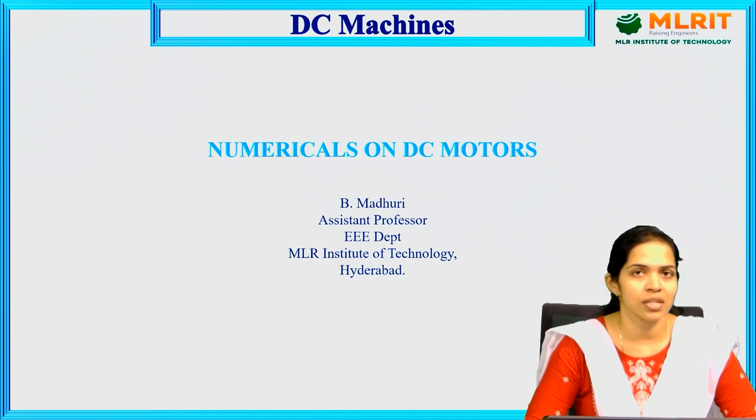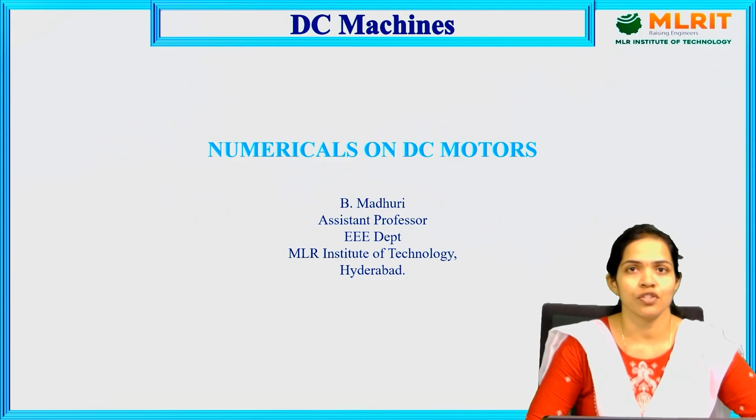Today we are going to discuss some numericals on the DC motors, as we have covered various topics of the DC motors like the torque equation, efficiency calculations, and we have also seen the demagnetizing and cross-magnetizing ampere turns in the armature reaction. All these formulas which we have calculated for the different topics of DC motors will now be applied on numericals for different kinds of motors. So moving on to the first numerical,